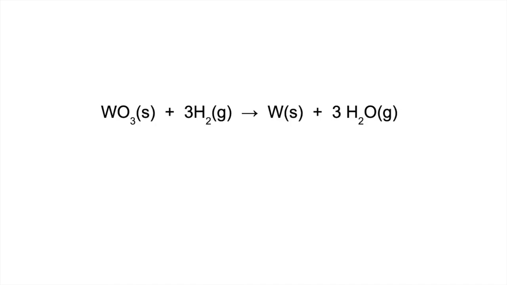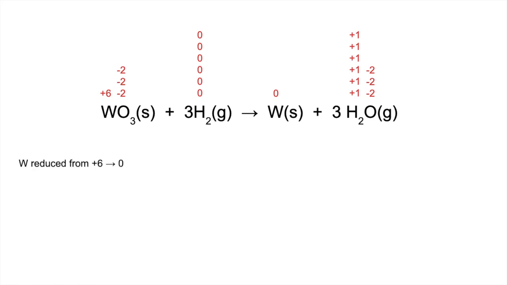So we'll put that into practice with this redox reaction here. All we're going to do is identify the oxidizing and reducing agents. So for the last time, if you want to pause the video, have a go and then play on when you're ready. First thing I'm going to do is put all the oxidation numbers in. You can see from those numbers the tungsten oxidation number has gone down. It's reduced from +6 down to 0. So W6+ in the WO3 is the oxidizing agent. So what is it doing? It's accepting 6 electrons from the species that's been oxidized, and it's been reduced in the process to tungsten, W,